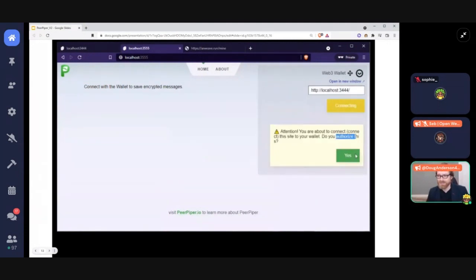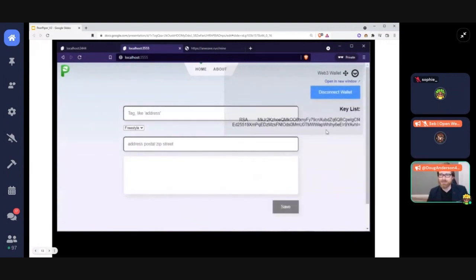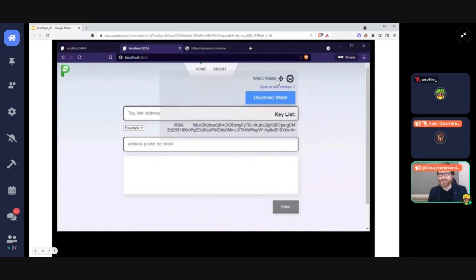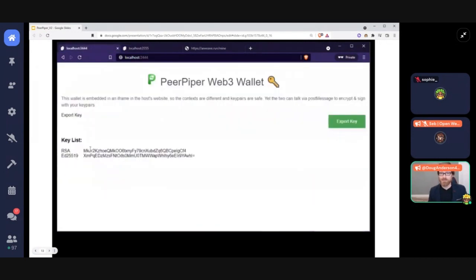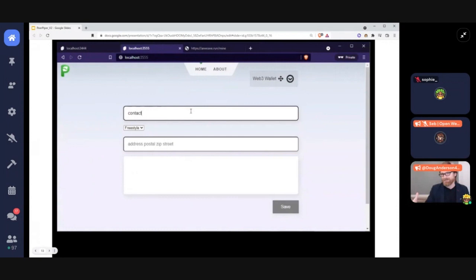You'll have to authorize the connection to make sure there's no malicious site getting at your access. And you'll see that the keys that are in the DApp are the same key sets that are in the app on the other screen, which means that we have access to our keys, but it's almost like a screen share. You can see them, but you can't quite get to them. So with these keys that we can see but can't quite get to, we can create a dummy app.